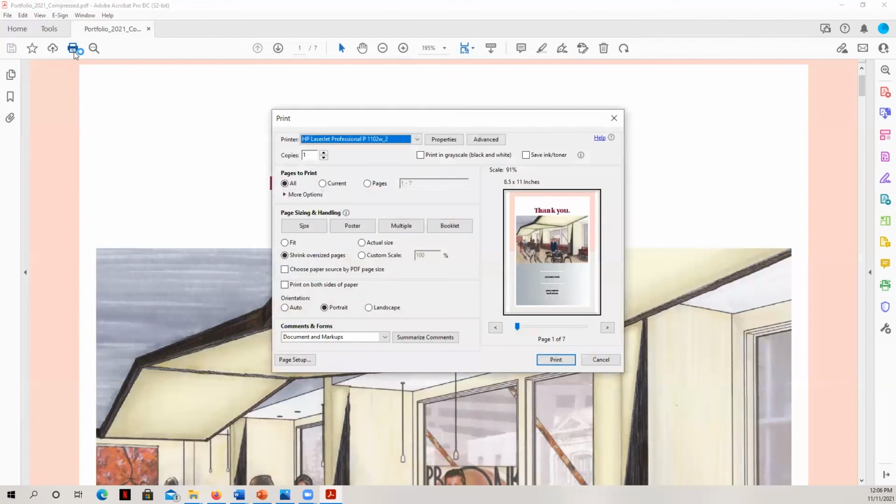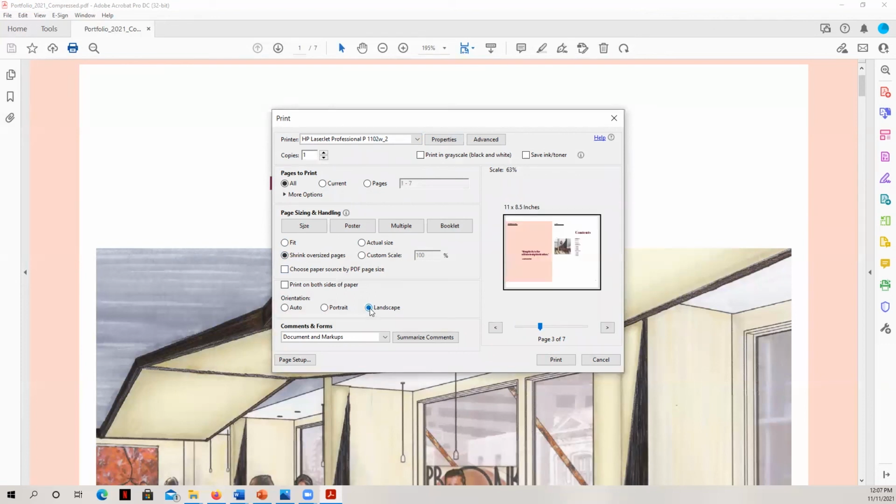But what I'm going to do here is go to my print. You can see my printer is preloaded here. And the scale, it's going to shrink my oversized pages to accommodate my small printer here. You can see I can, of course, adjust it to landscape instead of portrait.